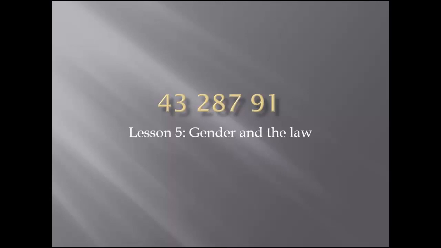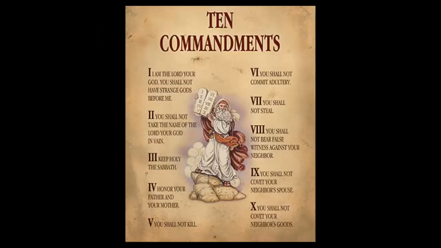Lesson 5: Homicide and Gender in Criminal Court Outcomes. Homicide in Nova Scotia, 1749 to 1815. One of the oldest sanctions in human societies has been the prohibition against killing another human being. The Decalogue, the Ten Commandments, were the earliest laws given to the Hebrews and included a prohibition on killing.